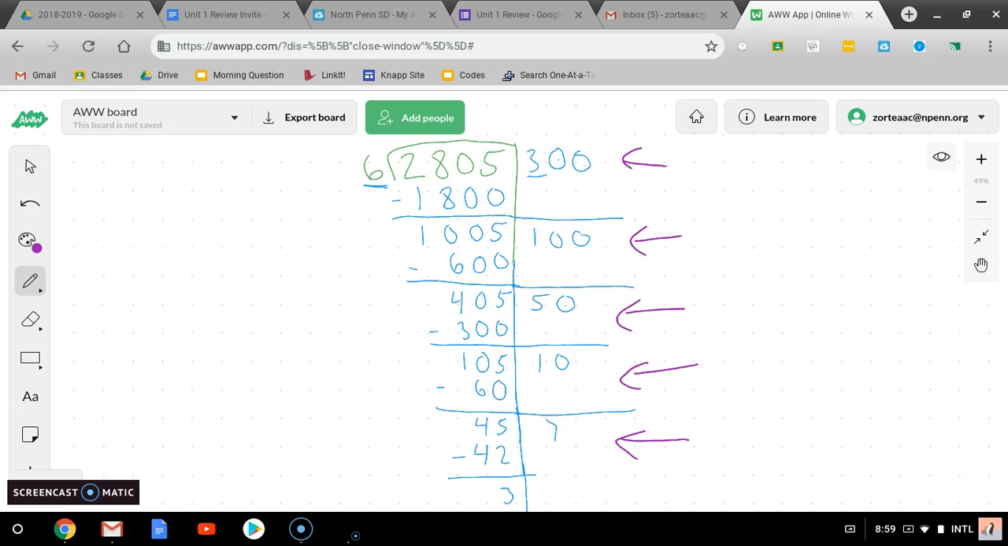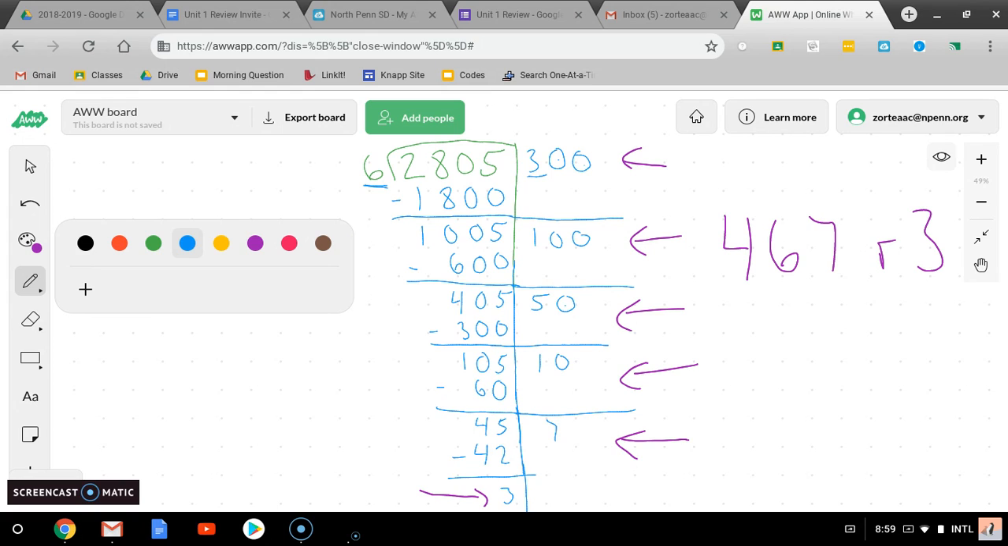300 plus 100 is 400, plus 50 is 450, plus 10 is 460, plus 7 is 467 groups. With, remember, how many were left over? 3 were left over that could not make it into a group. So remainder 3. So my answer finally comes out to be, I took out 6 467 times,